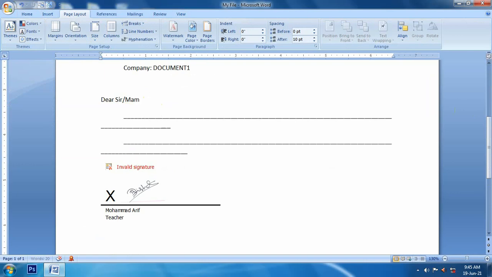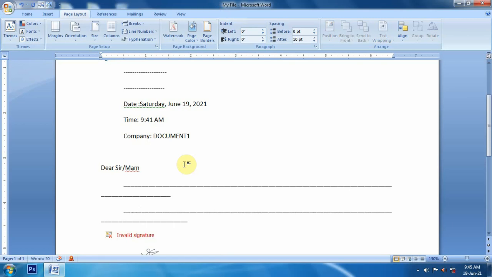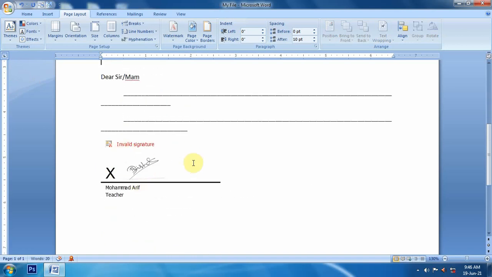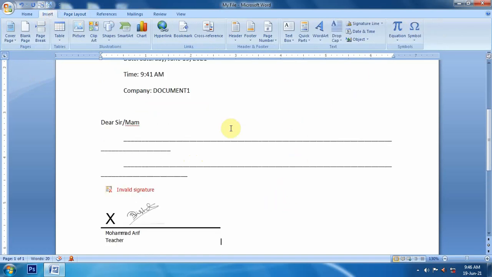Now if we want to do some changes, we can do them, but we can see the effect. It will say invalid signature, because once you have made some changes in the document after the signature, it is not a valid document now. So after insertion of a signature, the document becomes disabled and editing is not possible, but if we do some editing, the signature will be considered invalid. So like this we can insert a signature in a document as I explained, and along with this I also explained the use of quick part and how it can be inserted, what is date, time and object.